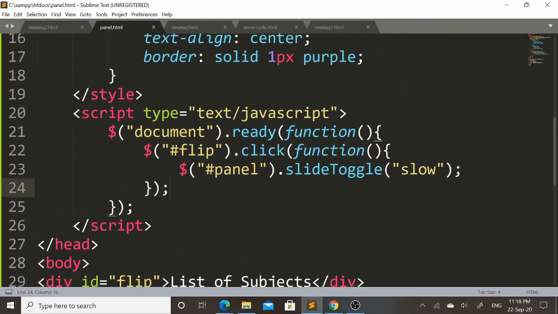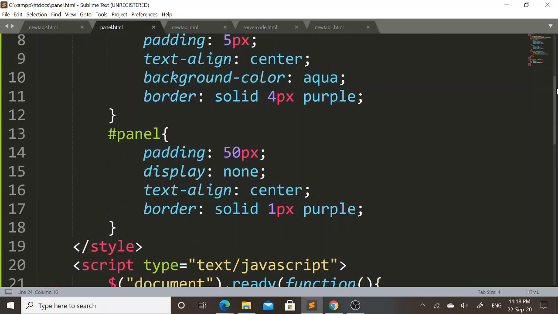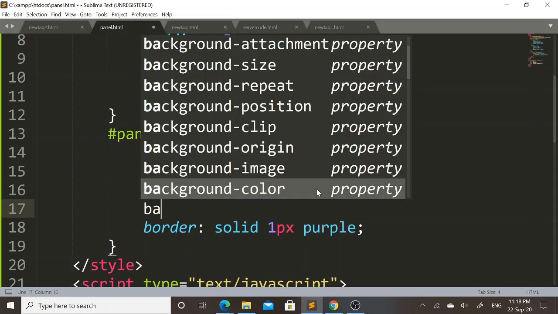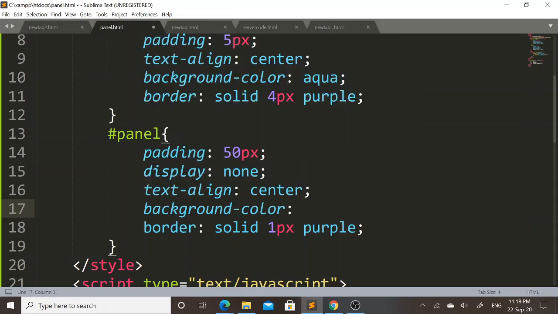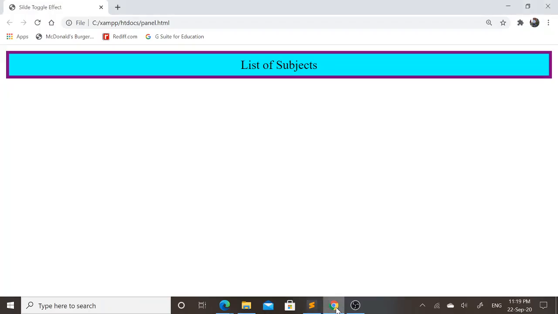To make the panel more attractive, in panel ID selector I will apply background-color property and I will set orange color as a background color. I will refresh the web page. Now I will click on list of subject text.